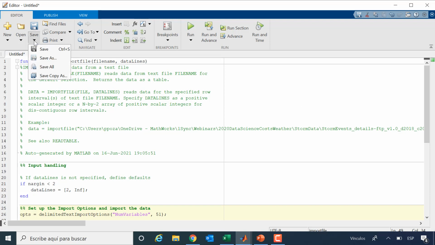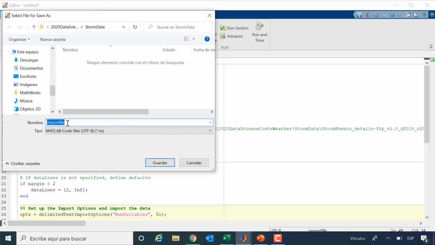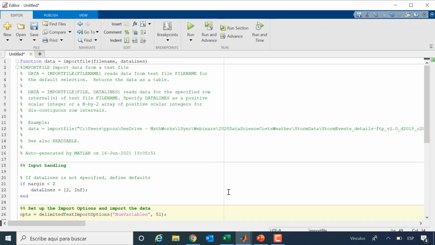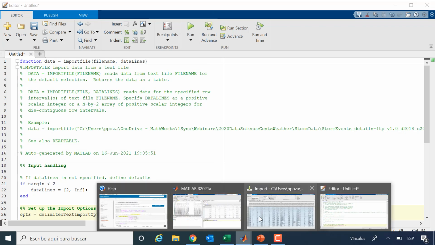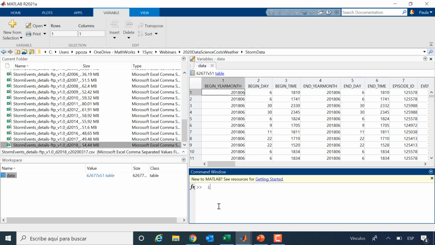Then I could save these, save as. I could enter the same name, import file. So once I have saved that, I could just come to MATLAB, and let's say the next month I have to read an Excel file. I can use that function and call the new name, whatever it is for that month, and XLX, and it will read it. So I will just say data new or whatever, and it will read the new data. Okay, so that's how you automate the processes.